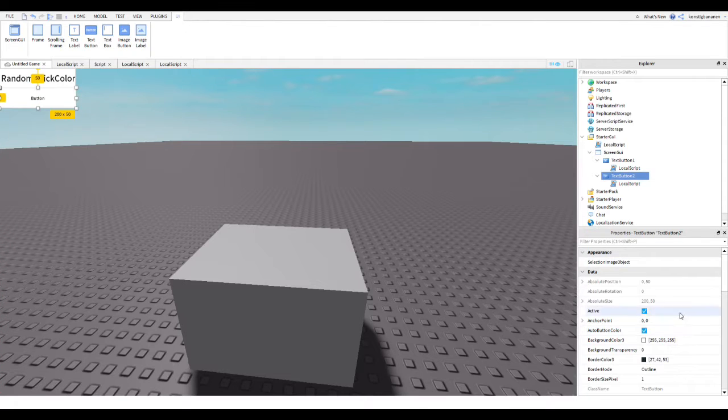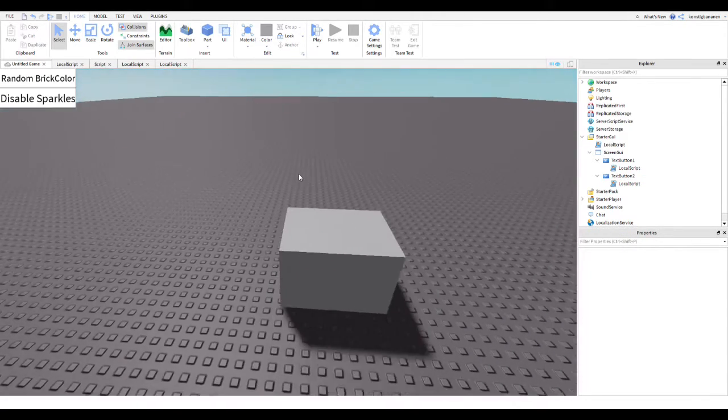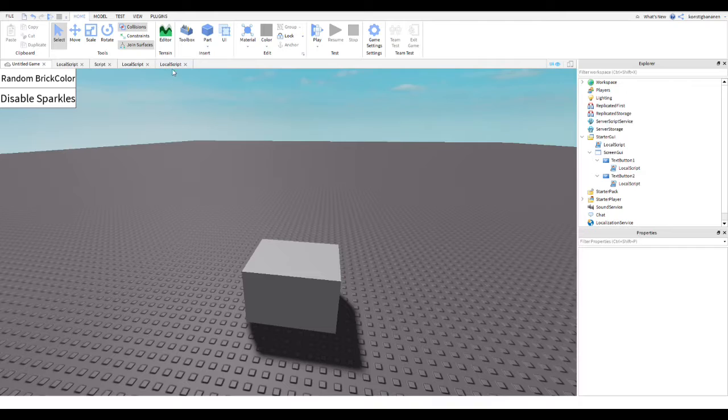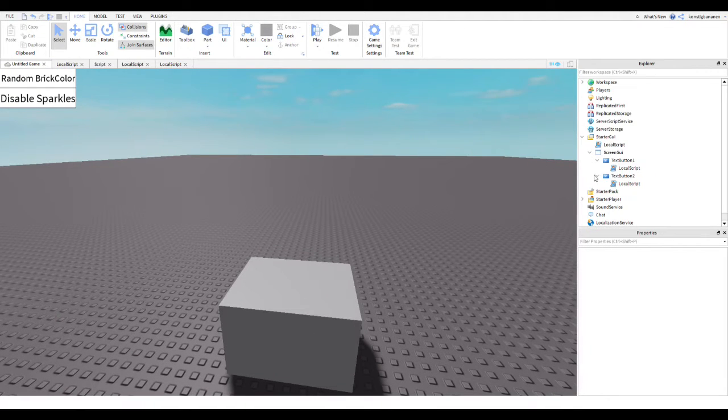And as I showed in the last video, you can fix it with the properties here. I still have my white and text scale on, and then the text is "disable sparkles" like that. Then you can go to the local script that was in it and delete the print hello world. And then into your part,